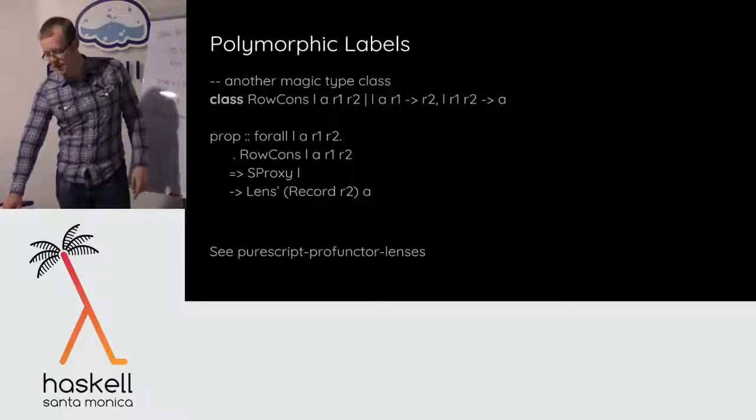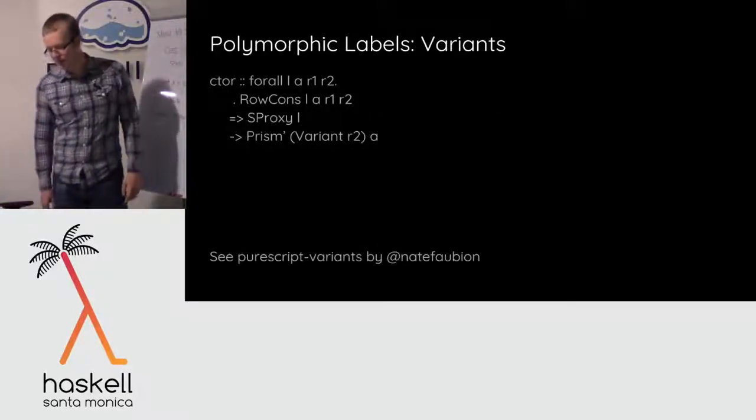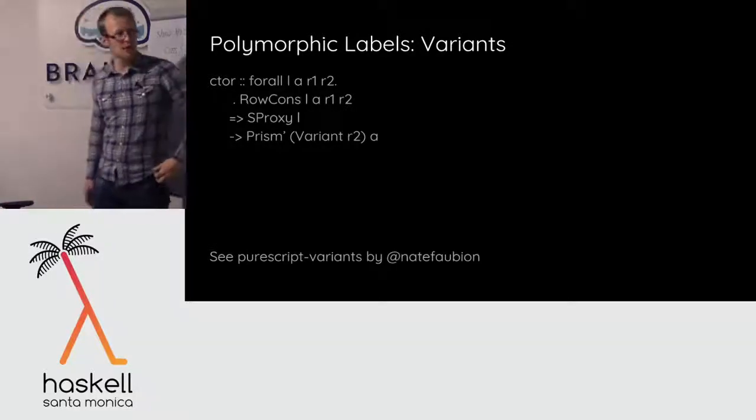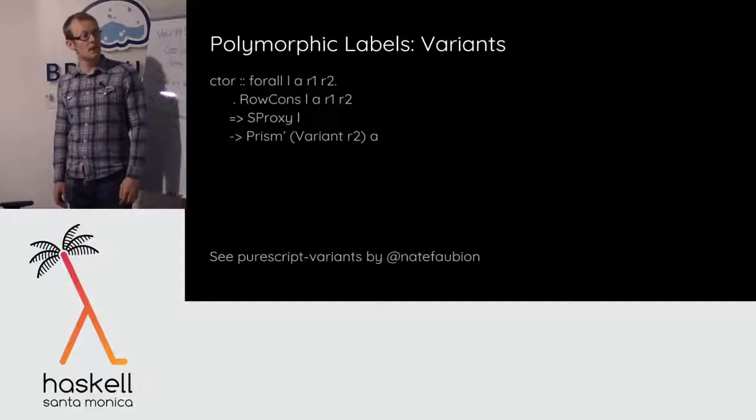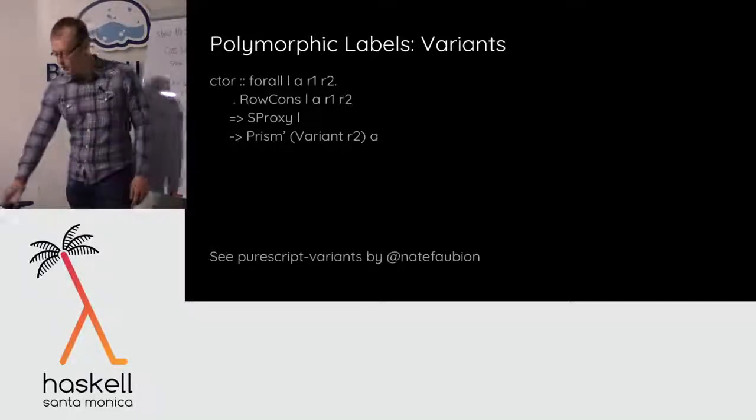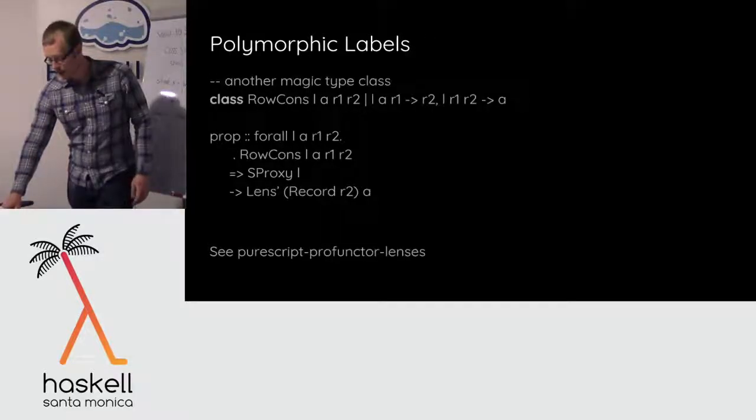So it gives us this polymorphic label concept. And this is kind of a novel approach to polymorphic labels. It just sort of fell out of the functional dependencies and row polymorphism stuff, which was really nice. Another example of this is, we can think of records as